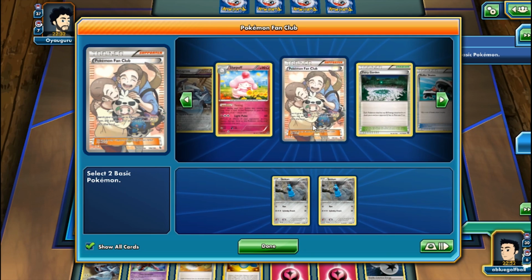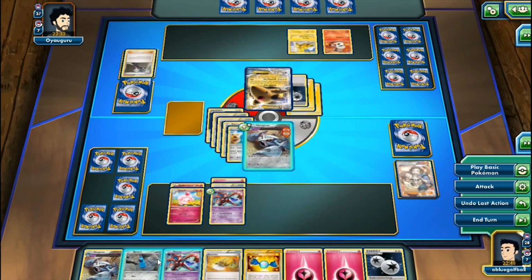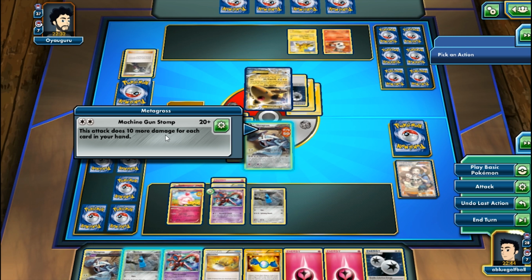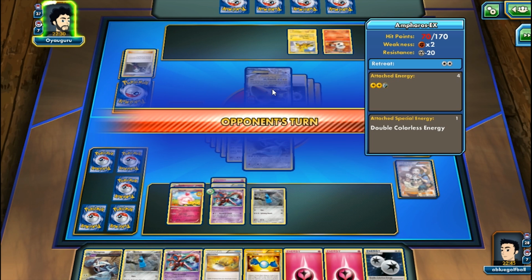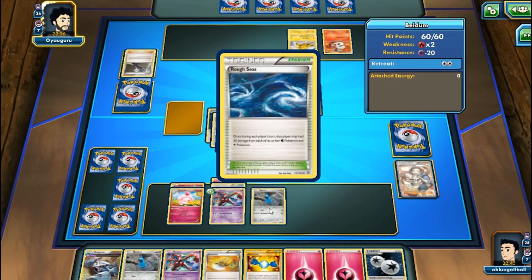Let's see. Do we have another Slurpuff? We do. Do I want to do that? No, I don't. Alright, so let's go with this. And at the very least, we should be able to get another Beldum going. And let's go with the Machine Gun Stomp. Hit for 100 damage. Like I said, in the next turn, we should be able to just promote the...